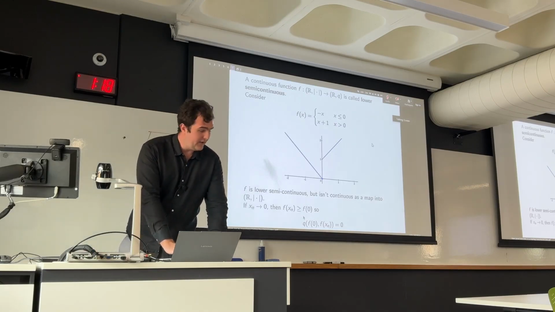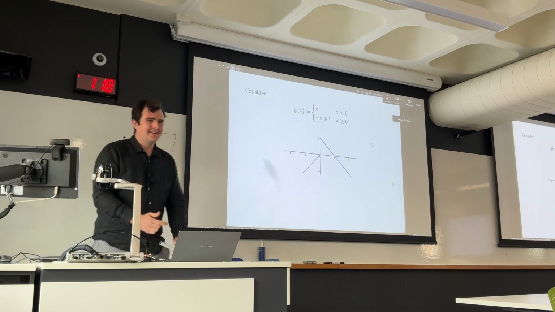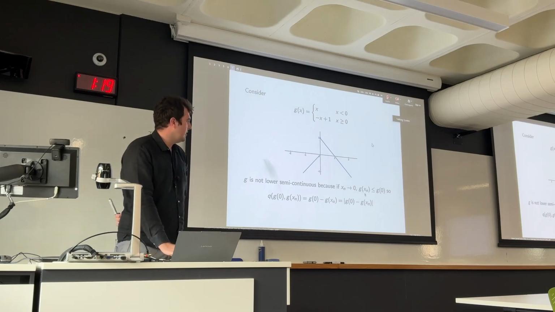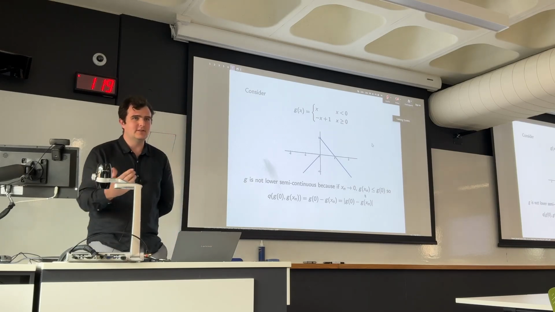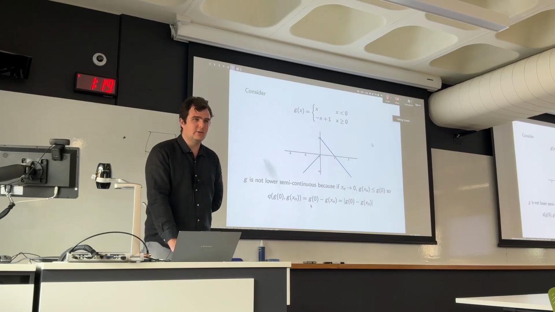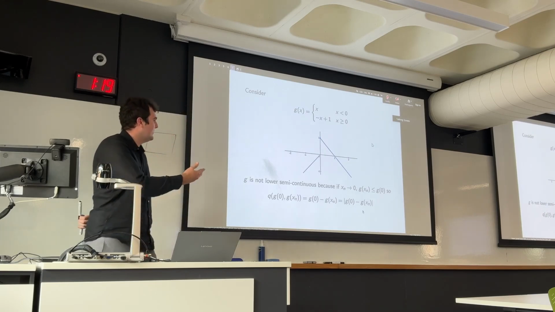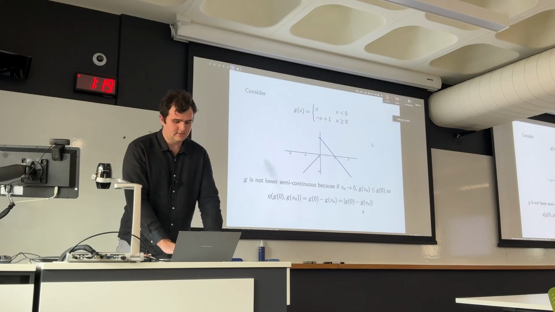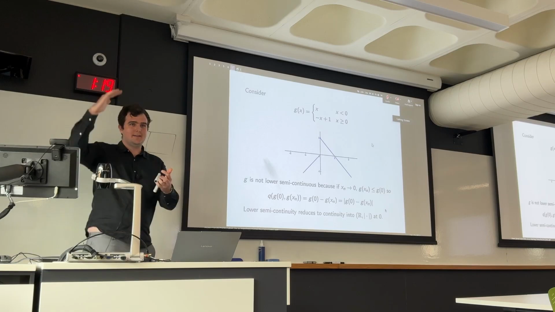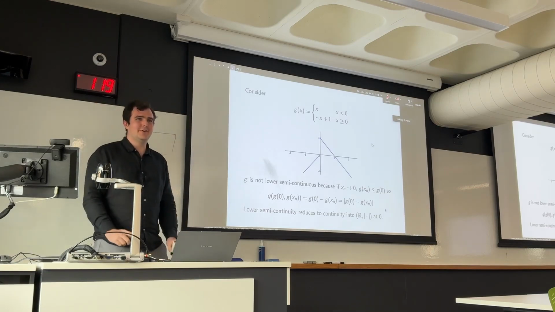If you then flipped it and considered something that looks like this, now this won't be lower semi-continuous, and you can just do the same proof. If xn goes to x, now you have g of xn is less than or equal to g of 0. So this q distance between g of 0 and g of xn is just the difference between them, and so it just reduces down to Euclidean. And because it is not continuous with Euclidean in the codomain, it's also not lower semi-continuous. So this idea of going down is somehow privileged over going up when you have this quasi-pseudometric in the codomain.